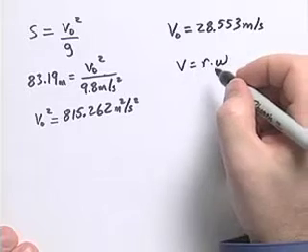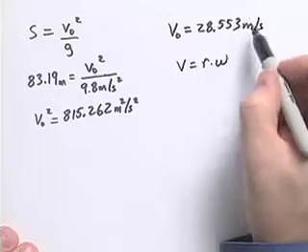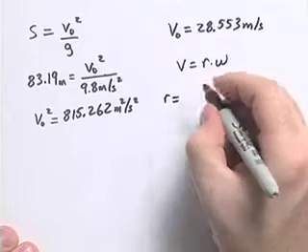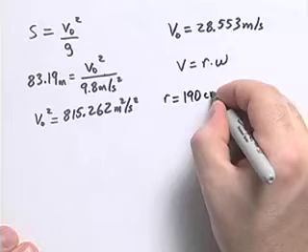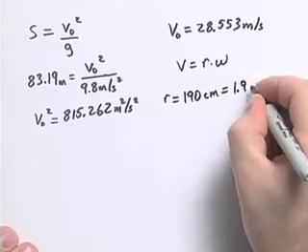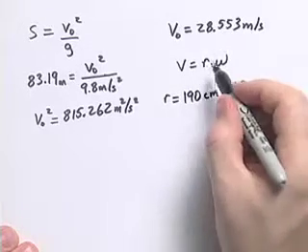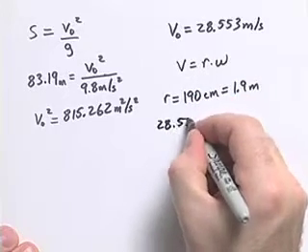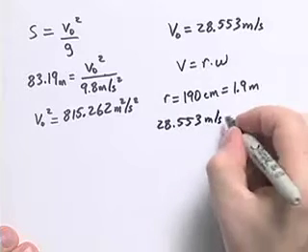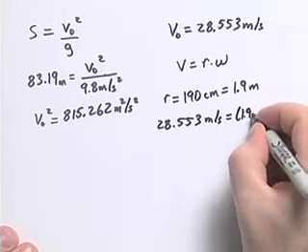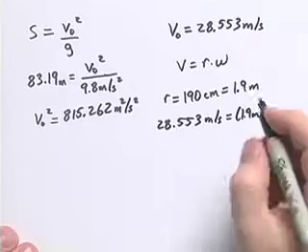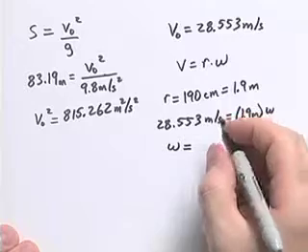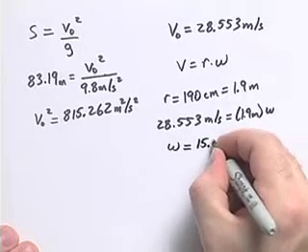We also know that the radius is 190 centimeters. Our units are in meters, so we want to convert that radius measure to meters. So 190 centimeters is equal to 1.9 meters. We can plug that into our equation. V is going to be 28.553 meters per second. That has to equal 1.9 meters times omega. Solve that for omega, and we'll get that omega is equal to 15.028